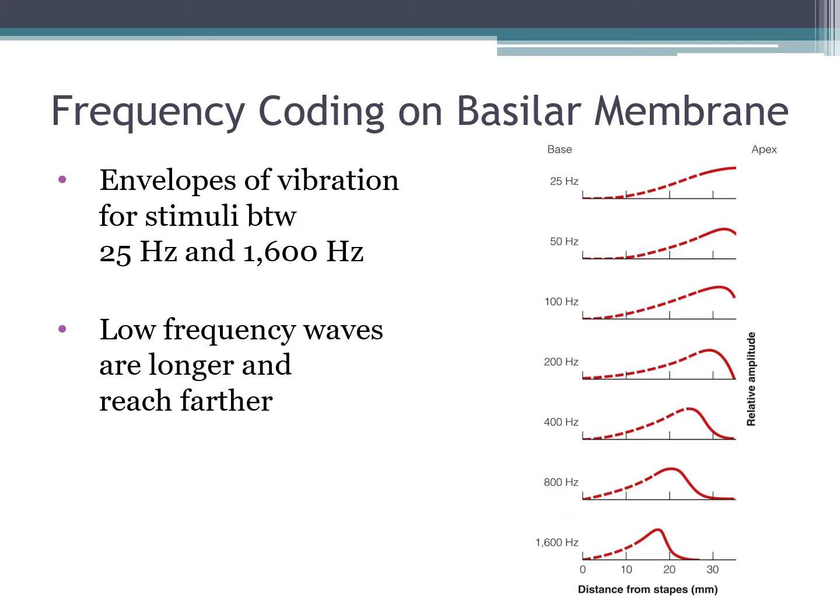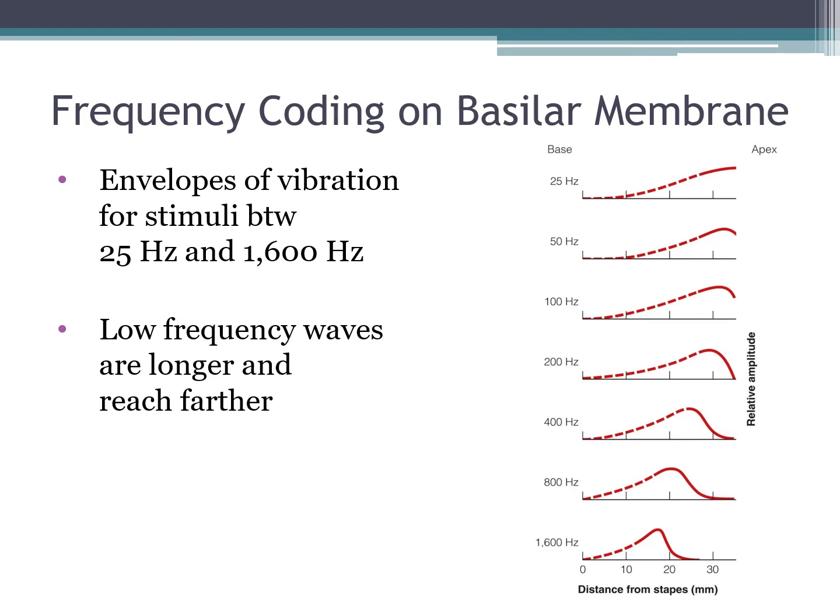So this is showing the top part, the envelopes of the vibration for stimuli between 25 hertz and 1600 hertz. Just remember that our range of hearing is from 20 to 20,000 hertz. 25 hertz is very close to 27.5 hertz. That is the lowest note on the piano, that low A. The piano goes up to about 4,186, I think, hertz. Our human speech is between 2,000 and 4,000 hertz, and we hear much higher frequencies than